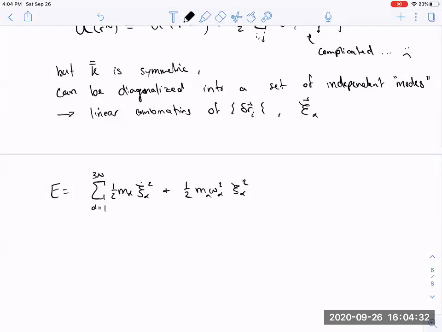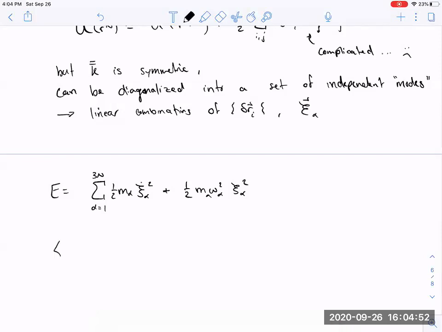And so when I do this diagonalization, I find these eigenfunctions that uncouple all of those small displacements from each other. I have an energy writable as a sum of independent contributions,